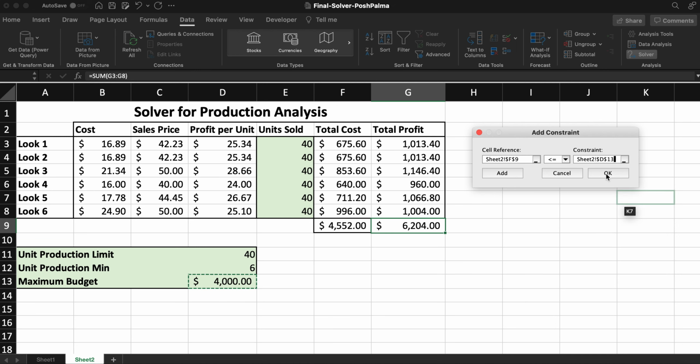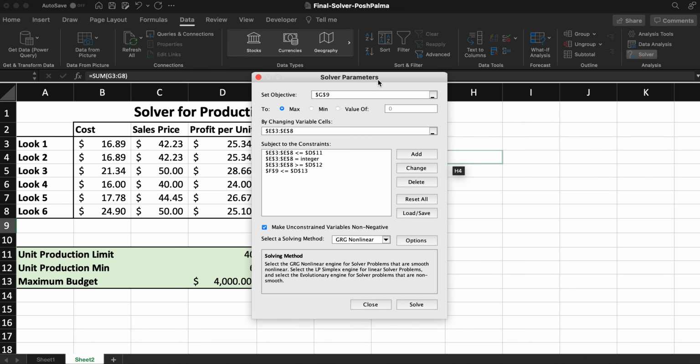Now I like to use the cell references instead of just typing in a number. For example, instead of saying 4,000, I'll use the cell reference, because this way, if I ever want to change any of these constraints, I can do so and just run the solver function, and it will automatically give me a result for how many units I should produce, versus having to go into the solver and always editing these constraints. I'm going to hit OK,